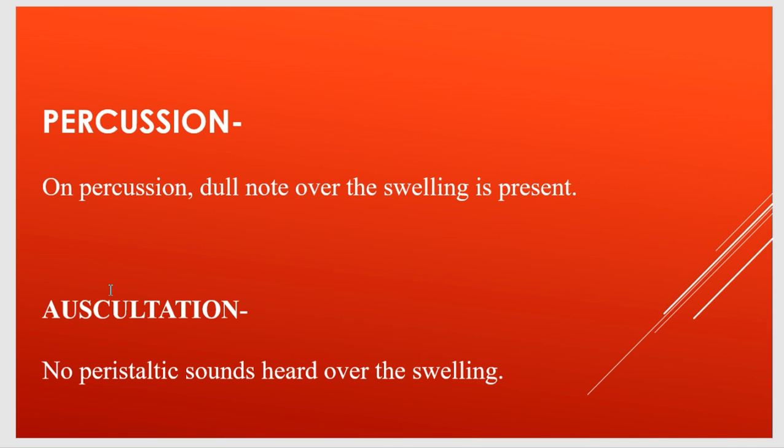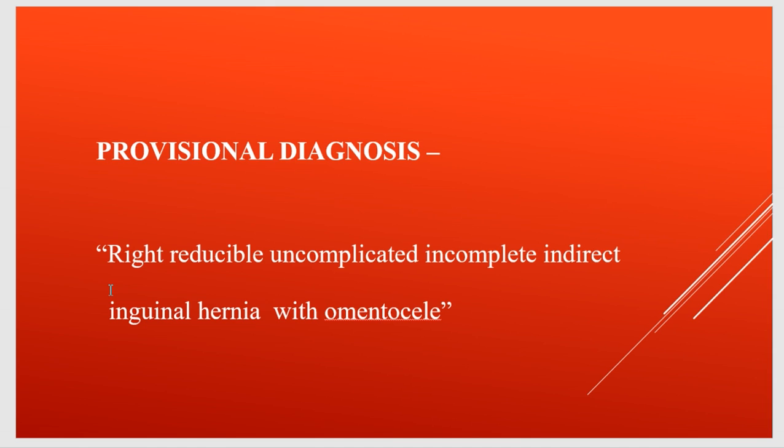Then auscultation: no peristaltic sounds are heard over the swelling. Again suggestive of the content being possibly omentum, not the bowel. So our provisional diagnosis based on the history and examination findings is right, reducible, uncomplicated, incomplete, indirect inguinal hernia with omentocele,